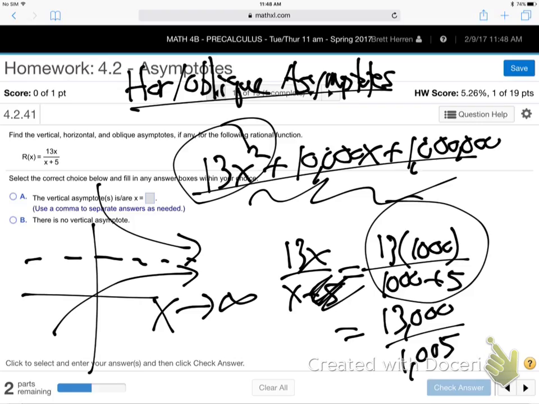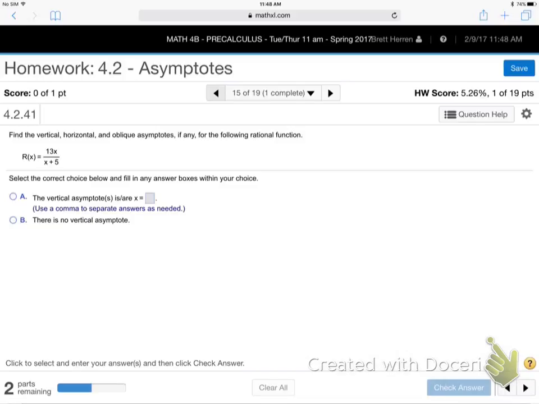That's all that's really relevant to what's going to happen in the long run to the function. So, okay, what do you do? You just grab the most powerful term on the top and the most powerful on the bottom. Let me just go to a new screen. And you just say, hey, what are you guys going to do? So I just say, all right,